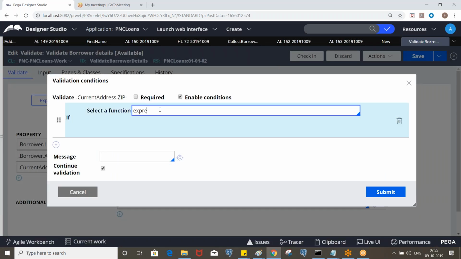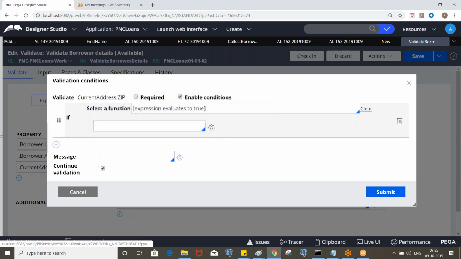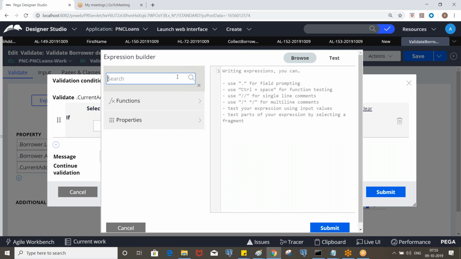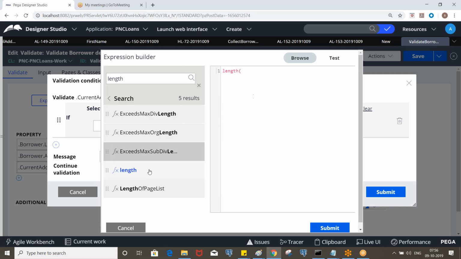Expression evaluates to true. Here you can search with length. What is the spelling? So, length of the string.